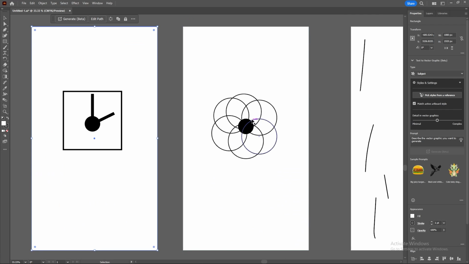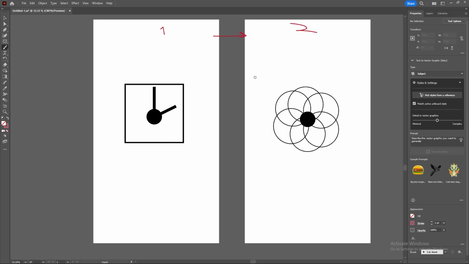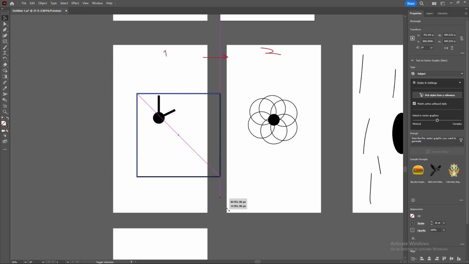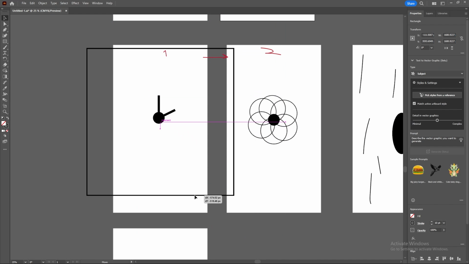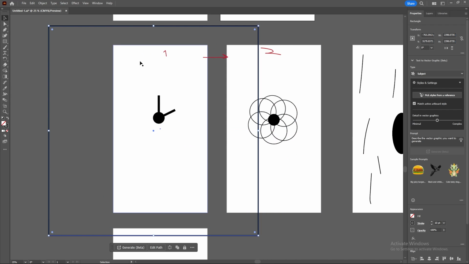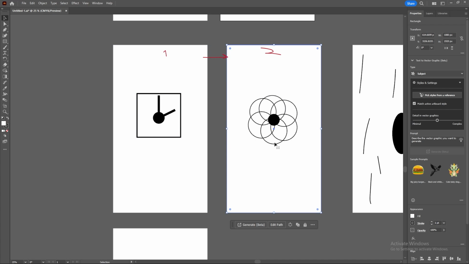So now we go to here. Okay, we need to find a way to transition between this scene and this scene. There are multiple ways we can do it. I think the cleanest way is to do something like this, that it gets bigger than the scene, and while it gets big, all those circles will join, so it will be smooth and clean.